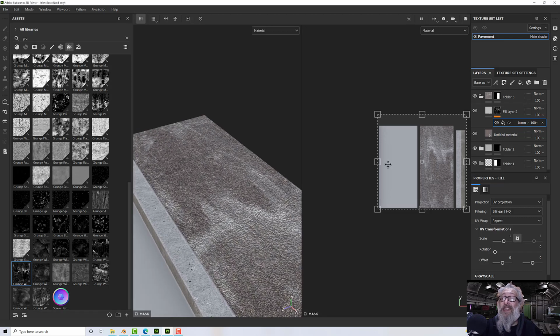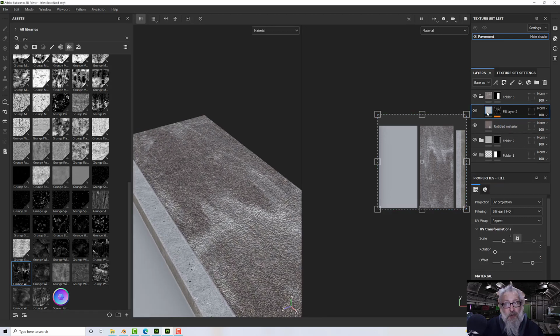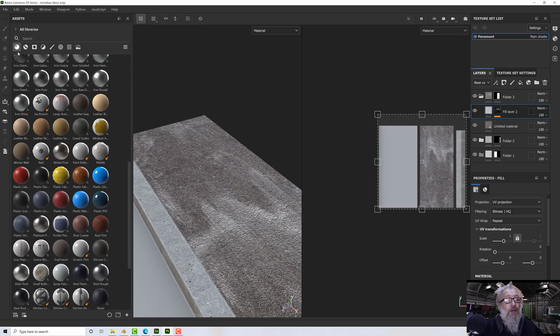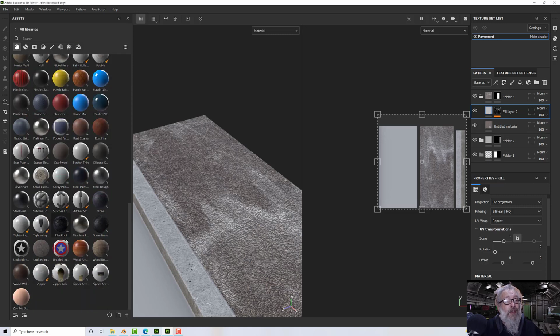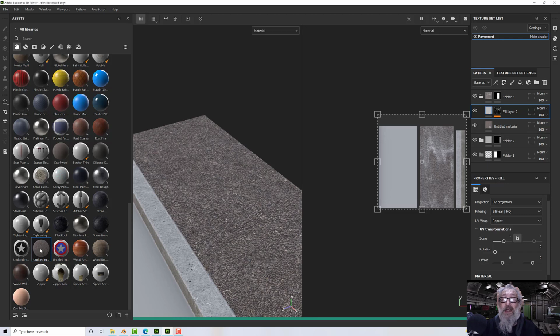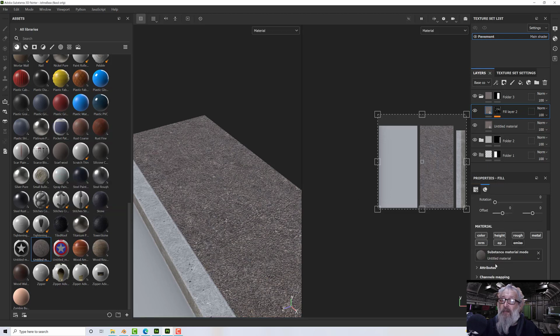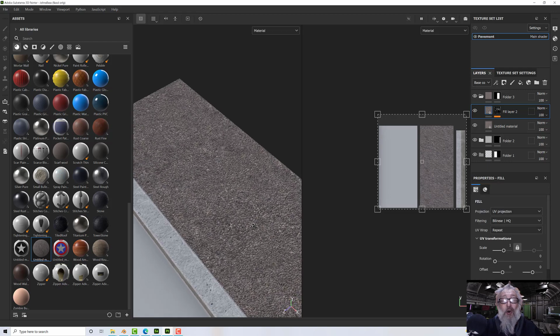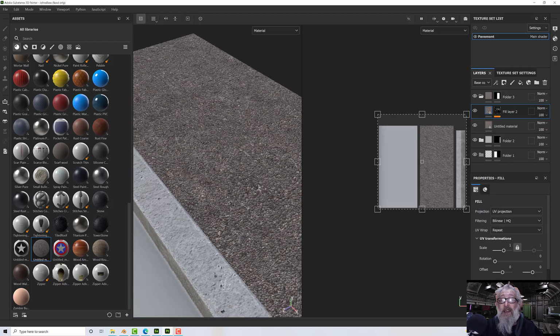And all we need to do is decide what sort of variation we want. Now we could just use it to adjust our height, or we could use it to adjust our roughness, or any channel we want, or everything, or we could overlay another material to it. What I am going to do is go and find our ground material, or unnamed or untitled as it is, and I'll add it in. What I have done now is actually just left it at its original